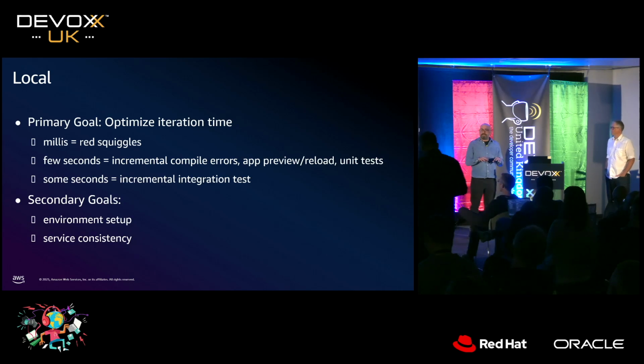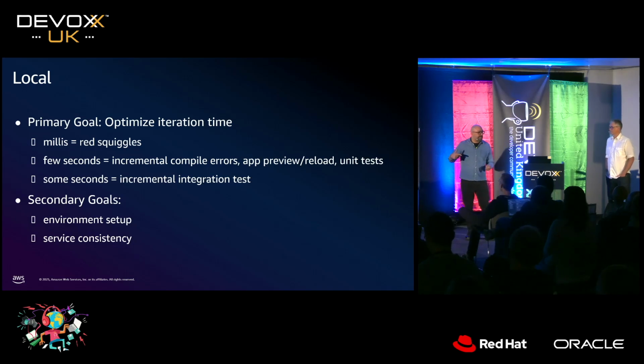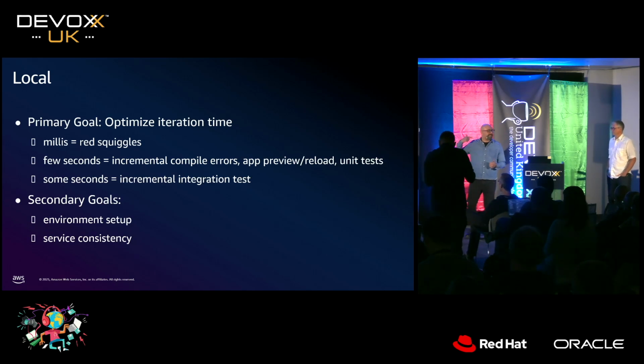So as soon as we type a property, we want to know, does it exist? We want the red squiggles in our IDE. We want then, as soon as we save that file, to automatically build it and get some feedback. Are there any compile errors? We want to make sure that our app preview is loading, so we want that as soon as possible. Maybe we'll wait a few seconds, but more than a few seconds, and our short-term memory is starting to forget